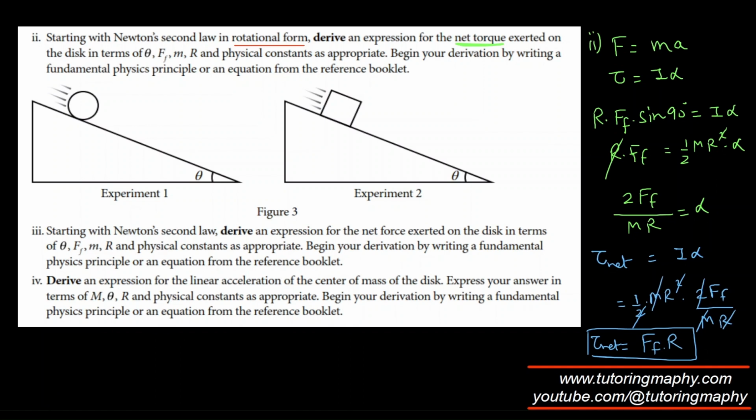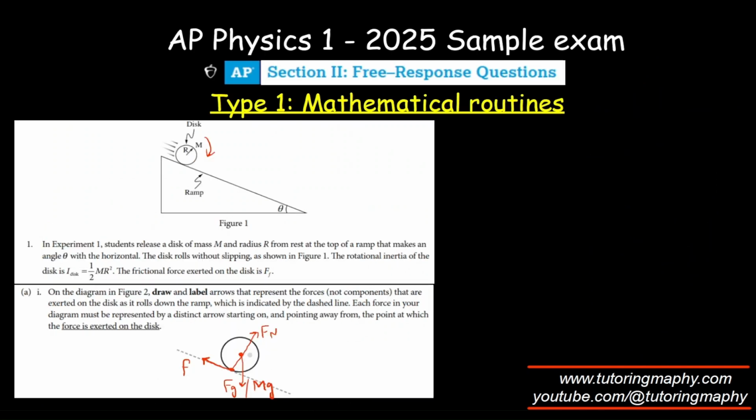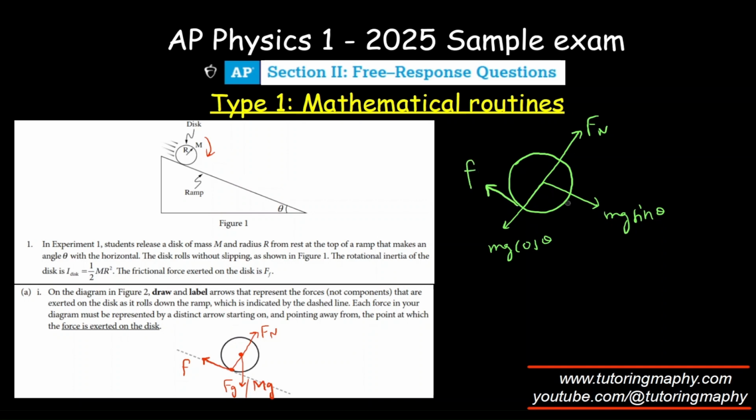Then they are asking us to start with Newton's second law and derive an expression for the net force exerted. So the net force exerted will, of course, be, we need to make components over here, right? So I'm going to do that. Let me make the components over here. So this is the disk. We know that this is going to be mg sine theta, providing the acceleration. This will be countered by the normal reaction. Normal reaction is, of course, acting from here. This is mg cosine of theta,